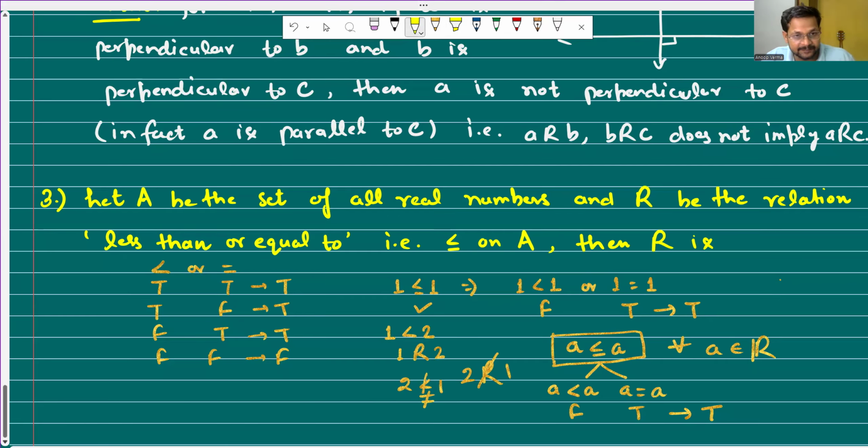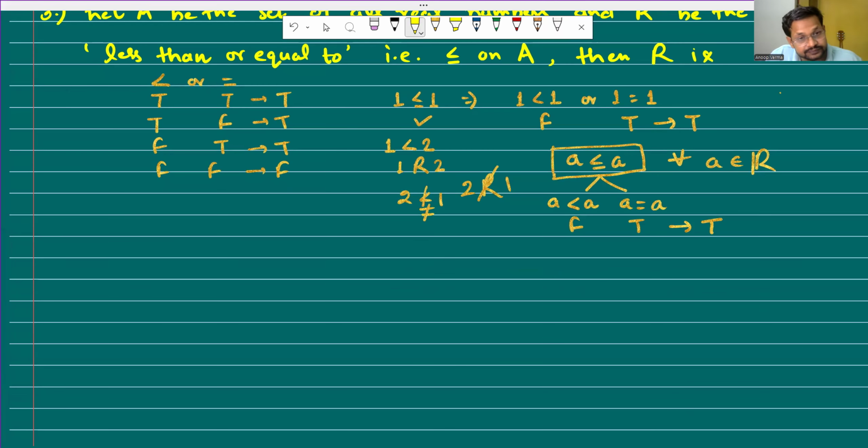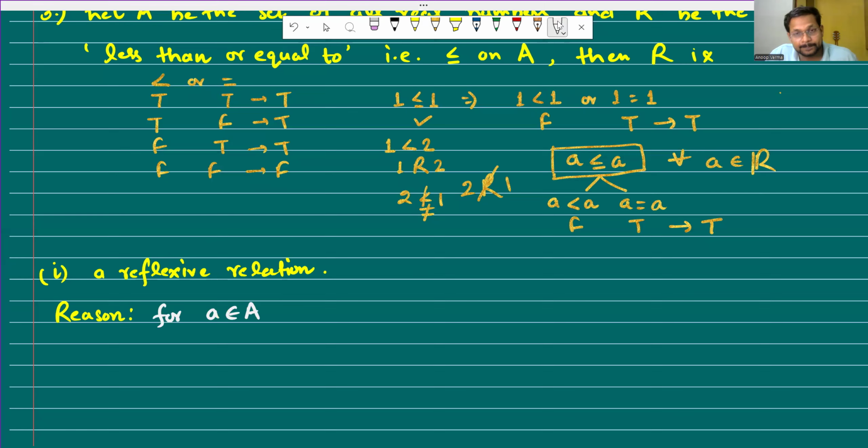सबसे पहले, R is a reflexive relation. तो पहला है, R is a reflexive relation, क्लियर। तो reason for that, write the reason here, क्यों होता है, क्योंकि हमने भी समझाया वही चीज है, that for every A belonging to A, here A is the set of real numbers, है ना, सारे के सारे रियल नंबर हैं। This is A is less than or equal to A, this is a true statement। Yeah, you can say this is A is related to A because equality is also there na।